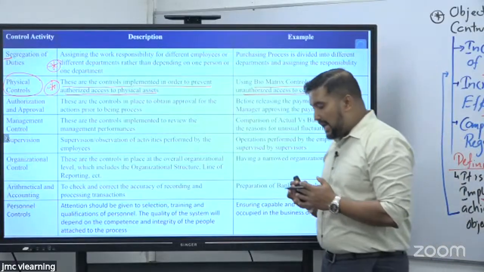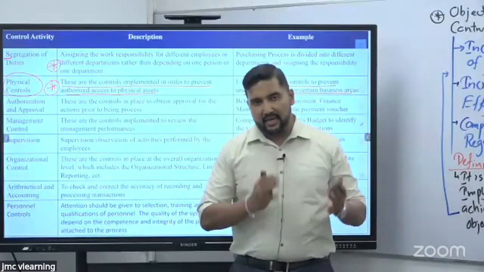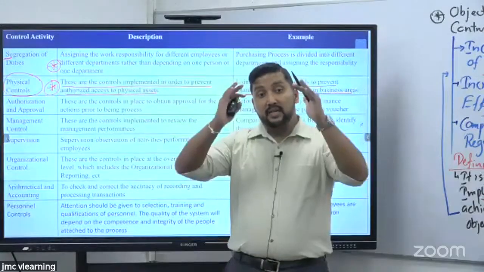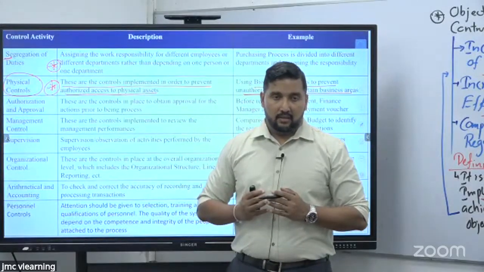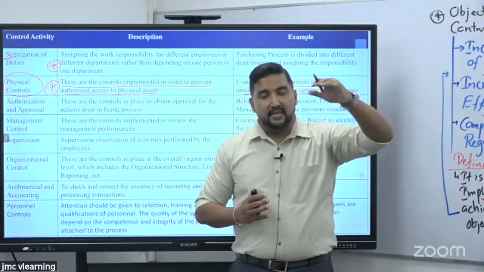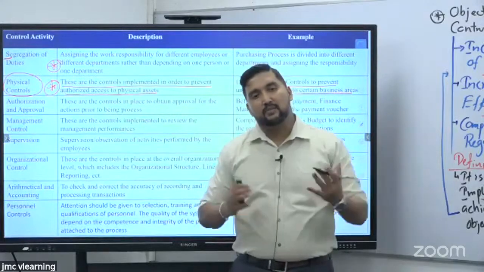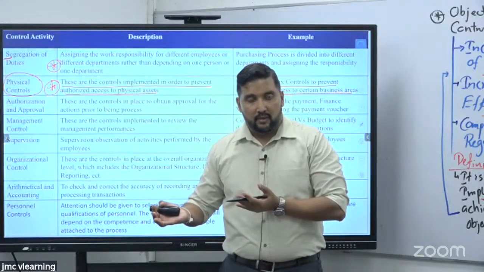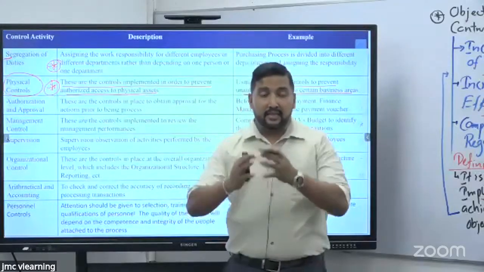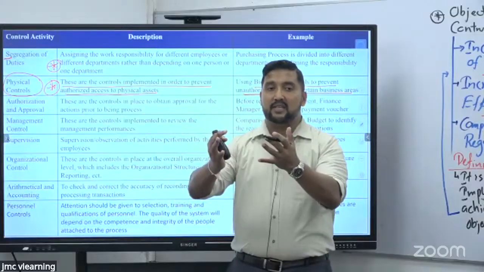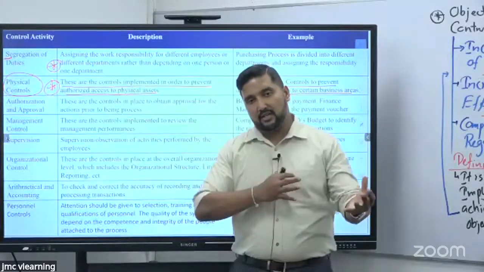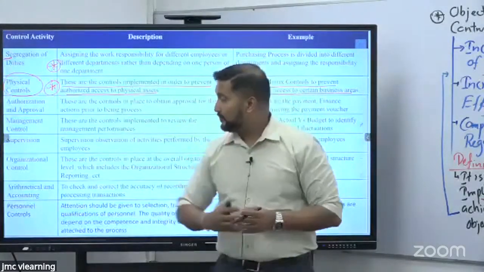Internal controls, son, are not always finance. So it includes finance, and it includes operational as well. Clear? That is why there are 3 objectives of internal controls. Reliability of financial reporting, I would say 100% financial. But increasing the efficiency and effectiveness of operations is basically operations. Compliance with laws and regulations is compliance. So internal controls are not 100% focused on financial reporting, but a combination of financial reporting plus operational plus compliance as well.